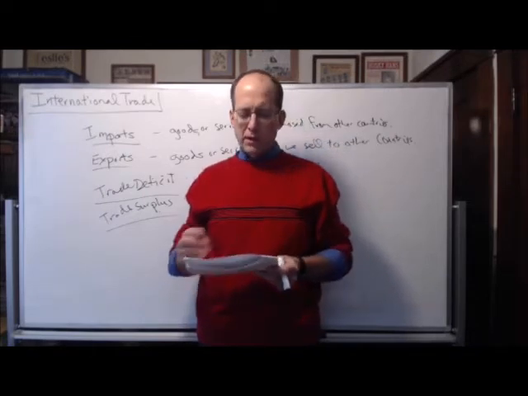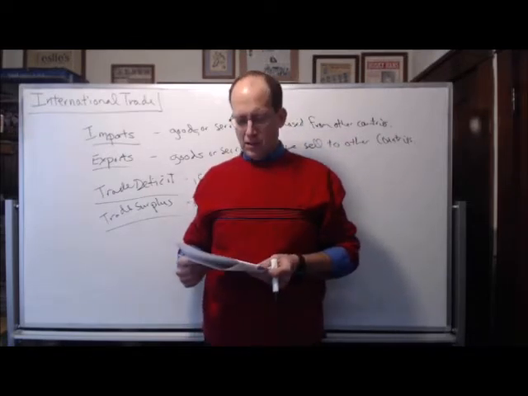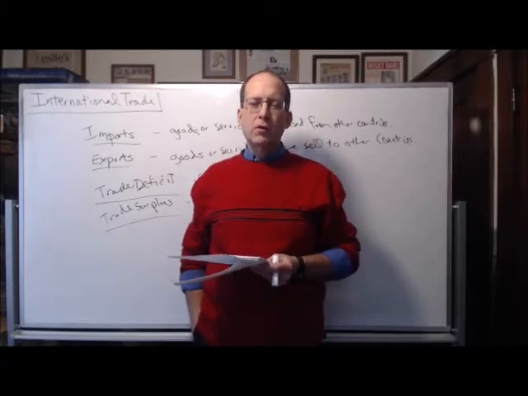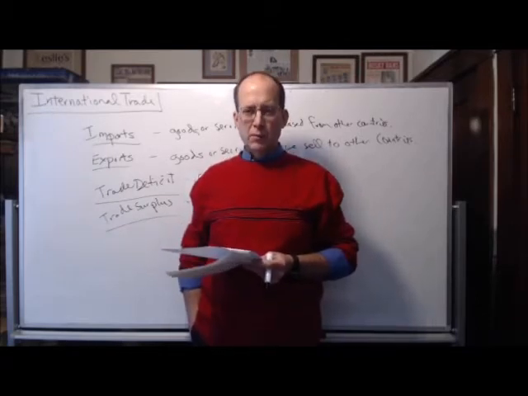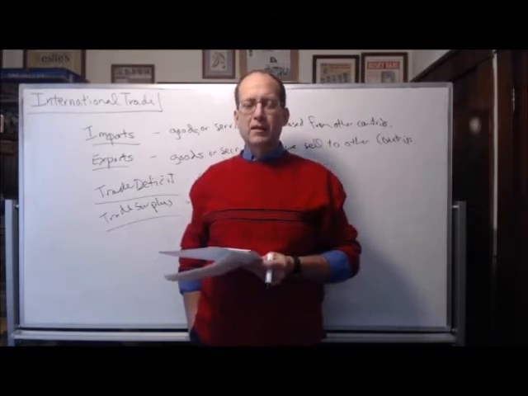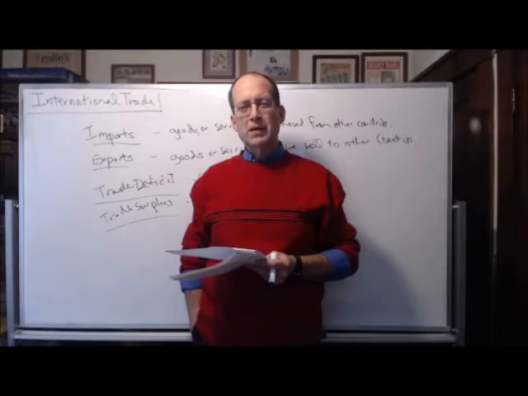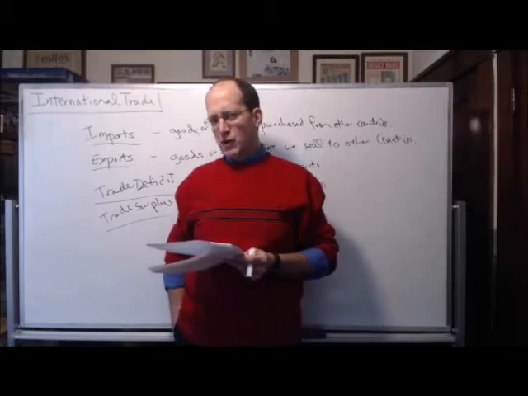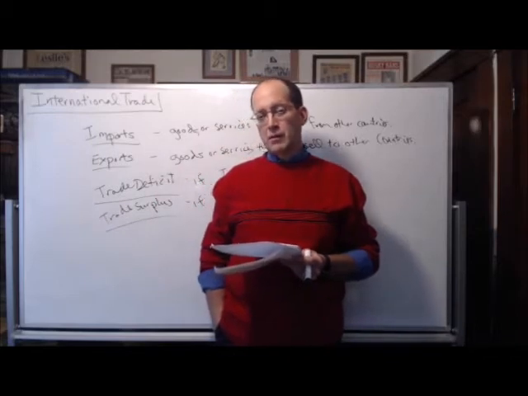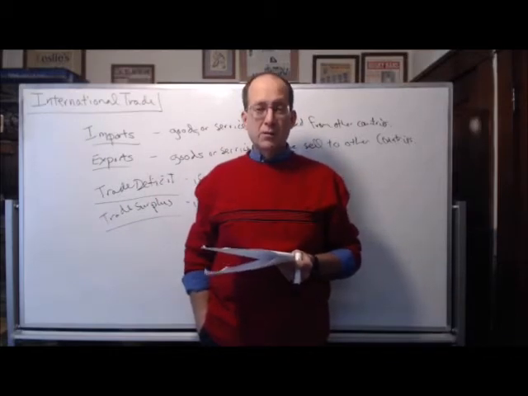Why should we trade when, as it says on your sheet, we import lots of the things that we also export? We import a lot of agricultural products, and we export a lot of them too. We import oil, and we also export oil, right? We import propane, and we export propane. So the question is, why should we trade when we do that stuff, when we could produce many of the things that we import? We could just produce it here.